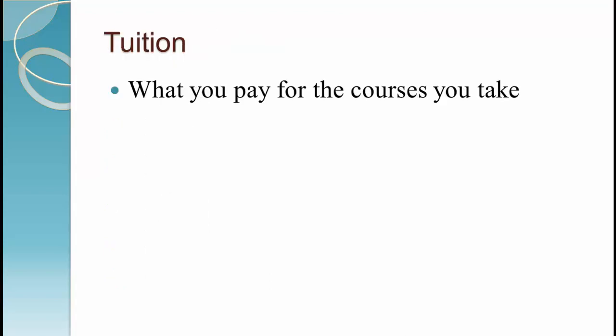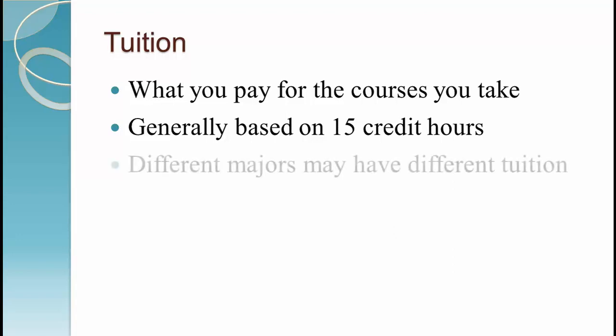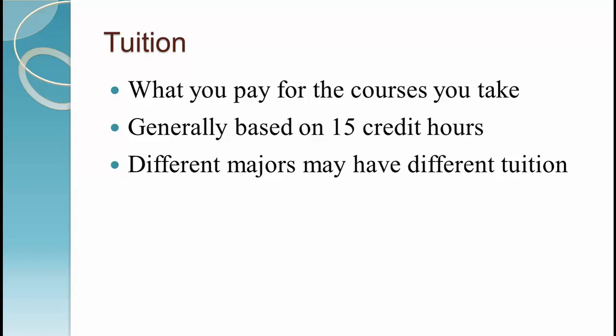Tuition is what colleges charge you for the courses you take. At most colleges, this is based on the number of credit hours you take. If you take more courses, your tuition goes up accordingly. When you see tuition estimates on the website of a college, they are generally based on taking either 12 or 15 hours per semester. It's rare, but some colleges charge a fixed amount of tuition rather than charging on a per-hour basis. At some colleges, courses in different majors have different tuitions. If this is the case, it is most likely courses in science, engineering, computing, pre-med, and business that have the